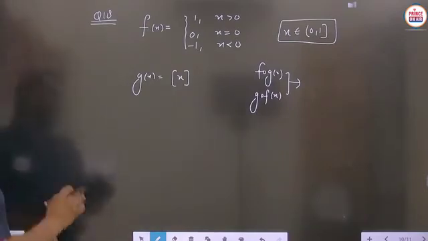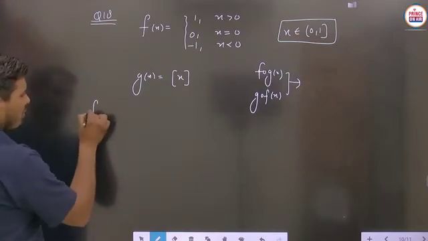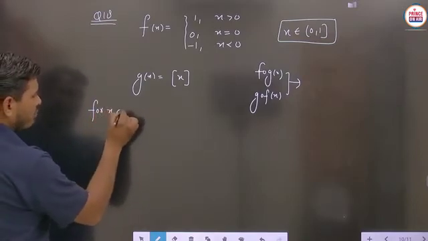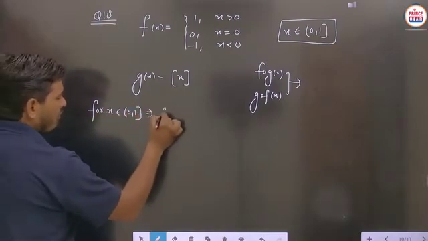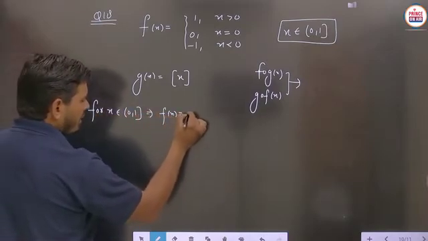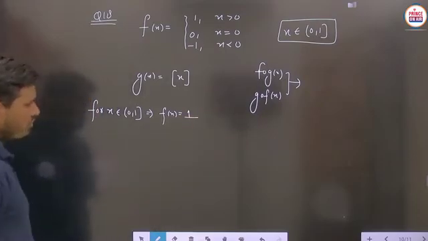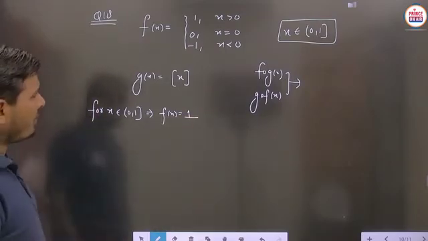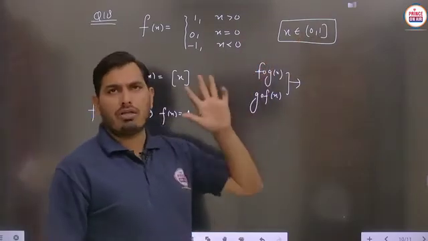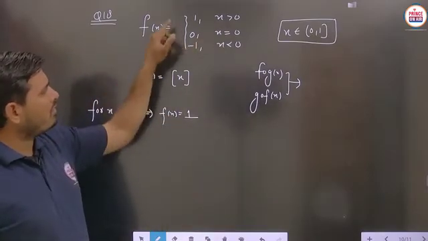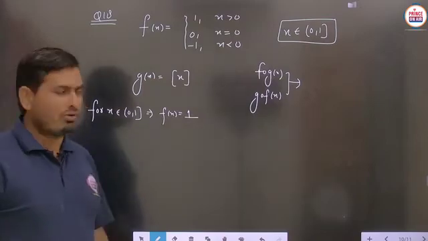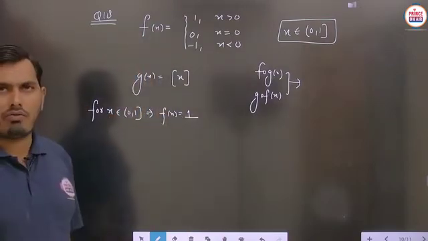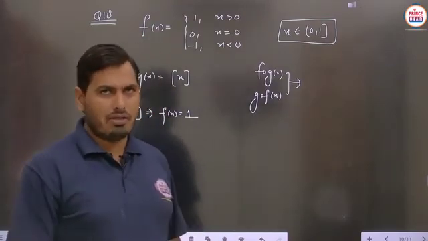So basically in this interval, first of all, for x belongs to (0, 1]. In this interval, what should be the answer of f(x)? In this particular part, f(x) is always 1. So first of all, we can declare this function f(x), because we are considering only this interval. This whole definition will represent this part as f(x) equals 1, because for x greater than 0, the answer of this signum function is always f(x) equals 1. Is that clear?